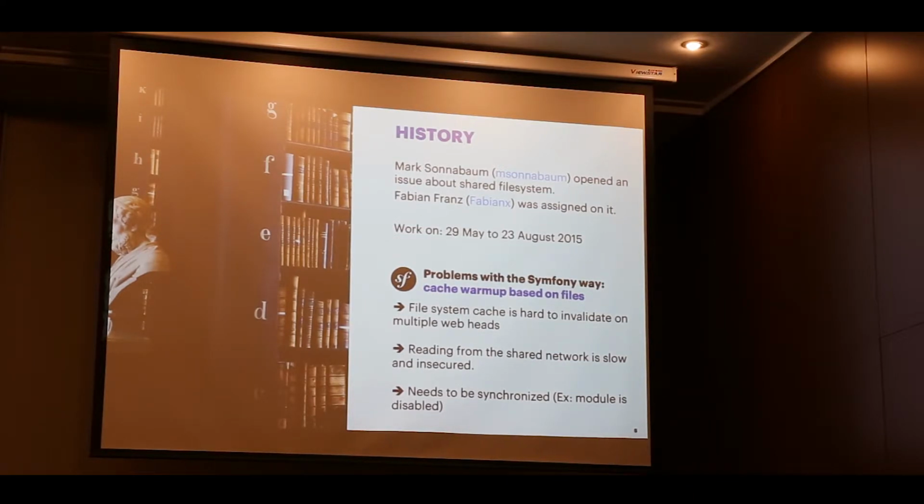After, reading the file over the network is insecure by definition. And if you add a TLS layer, you block your performance, I think. And it's very difficult to stay synchronized across different web servers.